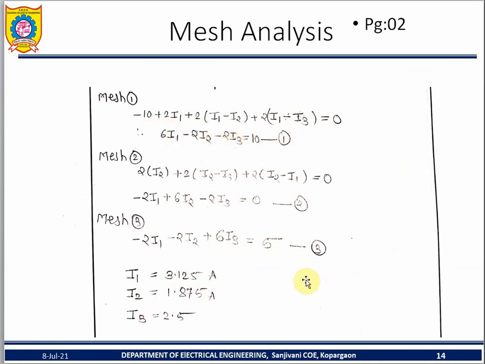Theoretically, how do you find I1? It is equal to delta 1 divided by delta. Then you find the matrix. Write the matrix, which you have already studied in mathematics. Write the delta matrix, then write the delta 1 matrix, and find the answer. Numerator divided by denominator, simplify, and your answer is 3.125 amps. So you know the matrix for delta 1. Similarly I2 is delta 2 divided by delta, and I3 is delta 3 divided by delta. That's all.